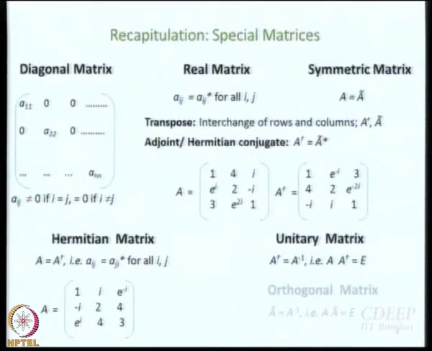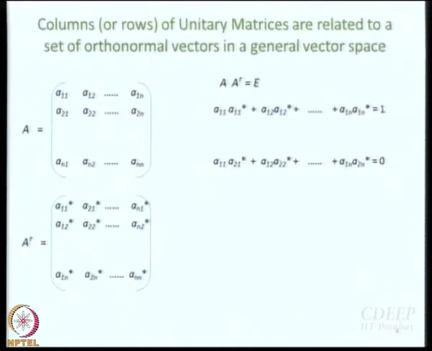So what is Hermitian? A equal to A dagger. Transpose it and take complex conjugate of each and every element. The matrix that you get, if it is equal to the matrix that you started with, then A equal to A dagger, Hermitian. And what is orthogonal matrix? Orthogonal matrix is one in which A transpose is equal to A inverse. That is going to work for real matrices, right. So do we all know these definitions? We are going to use them regularly in the subsequent discussions. So if you do not know what unitary is, this is your last chance to remember, right. And then this is where we had stopped.